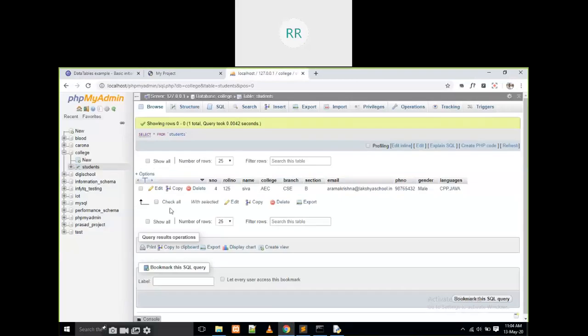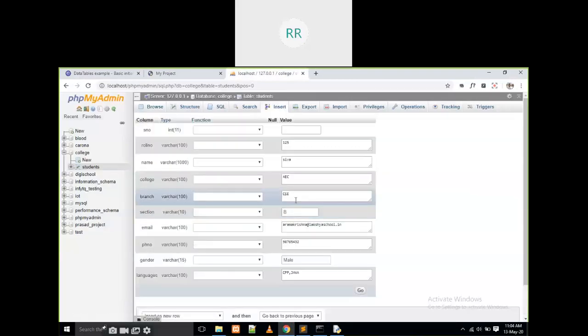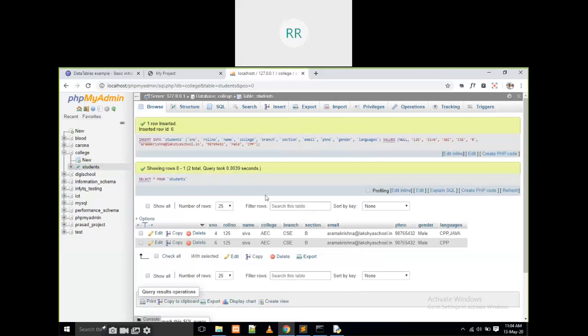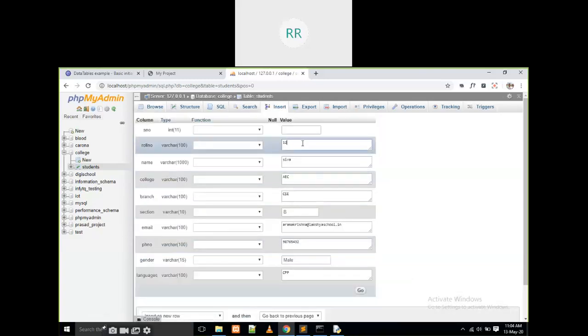I am going to add one more data here. More data. 27, CDHIR.